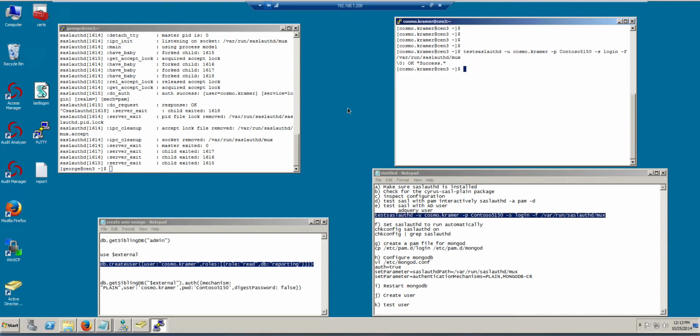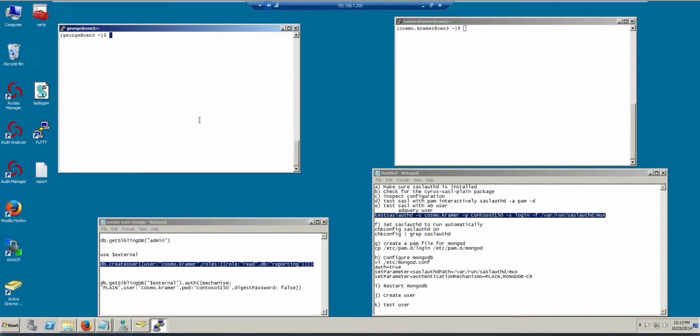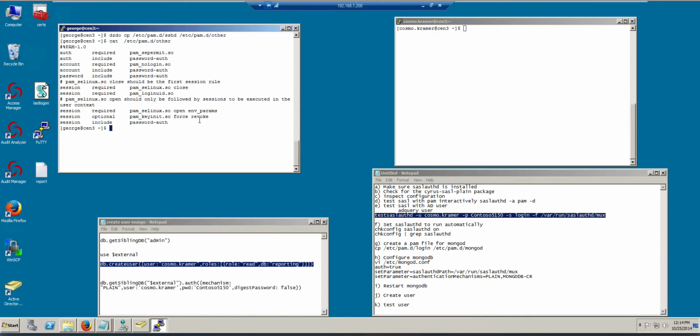Another thing that we need to do is, because we're going to be using other a lot, if you look at other in your system, the PAM configuration for other, we want to make sure it looks the same. So we're going to copy, and I'm just going to recall the command here, the same but for other. The reason why we're doing this is because when PAM doesn't know which protocol to use, it will use the other configuration. And if you look at the file, it just has a reference to password-auth, right? And if we look at password-auth,